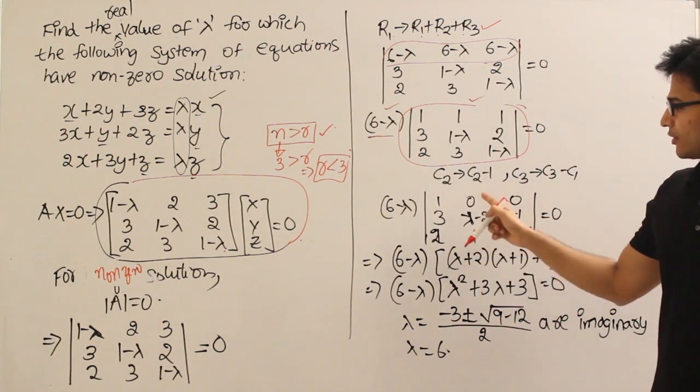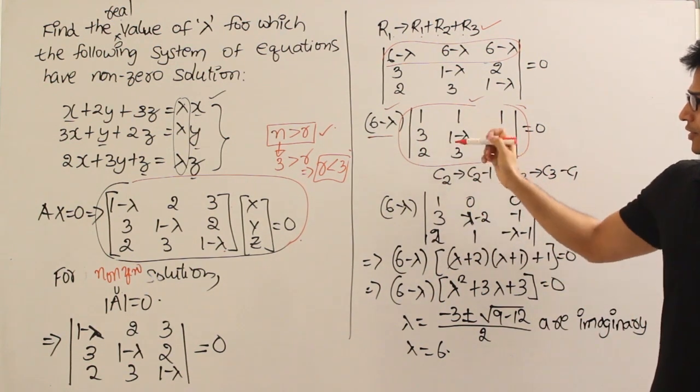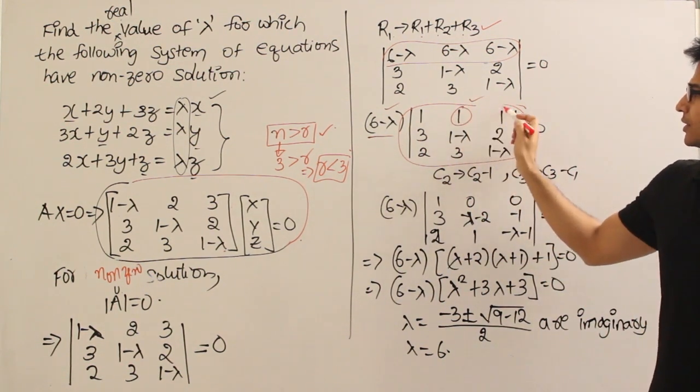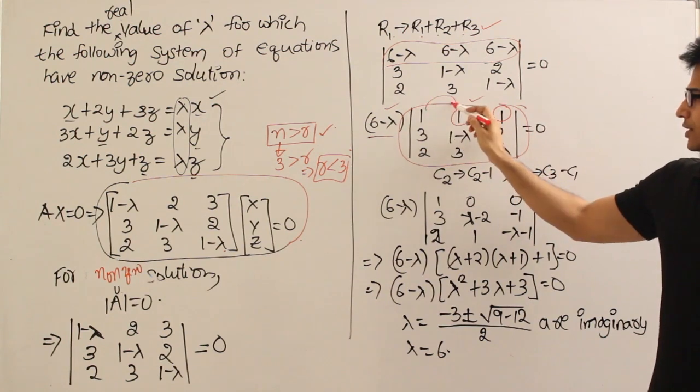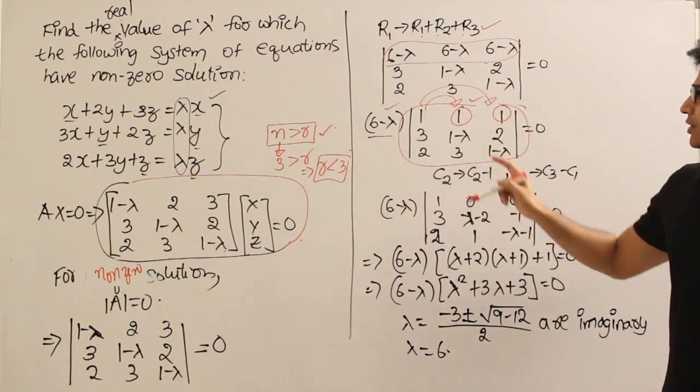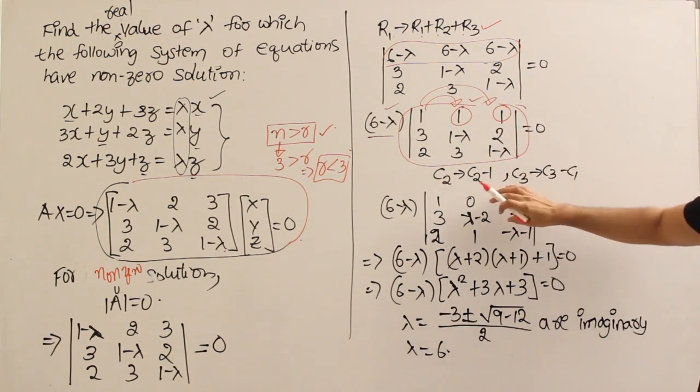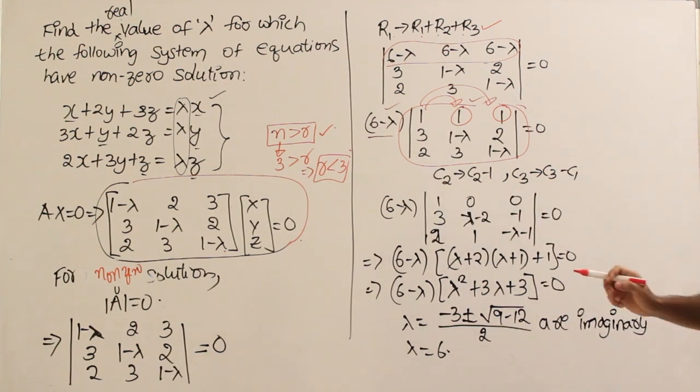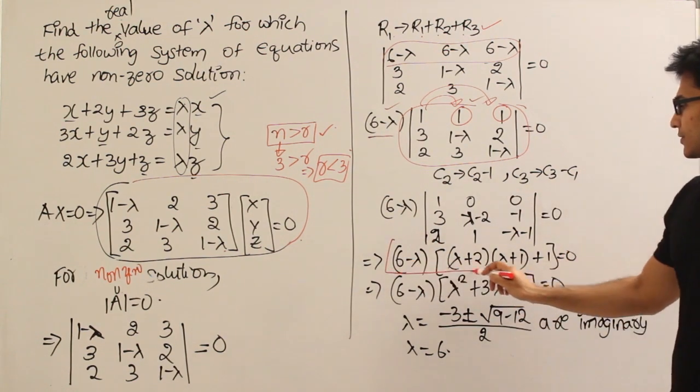Then what do we get? If I try to solve this particular one by applying column transformations, by making it 0 and 0, by subtracting this one from here and this one from here, I got this determinant. Then what does it mean? I got this,